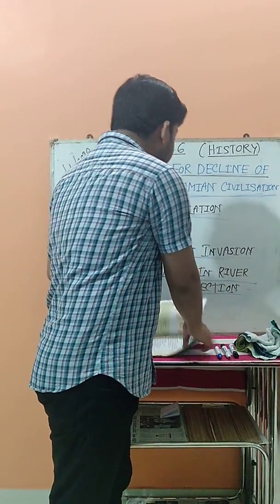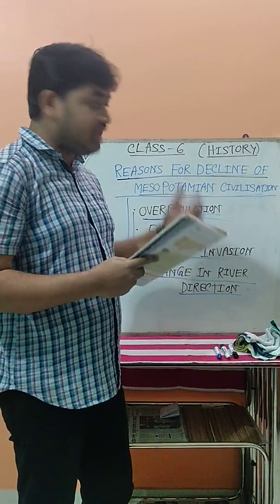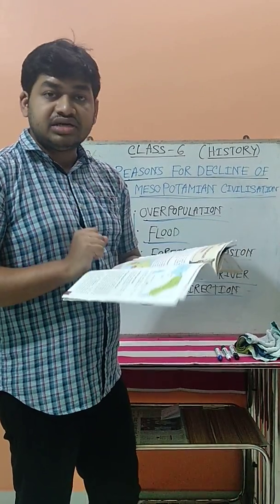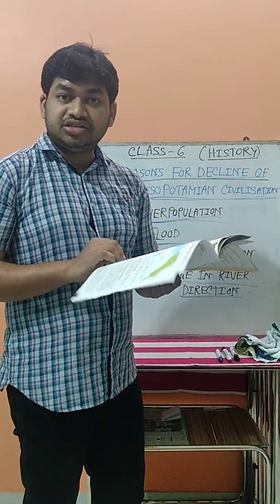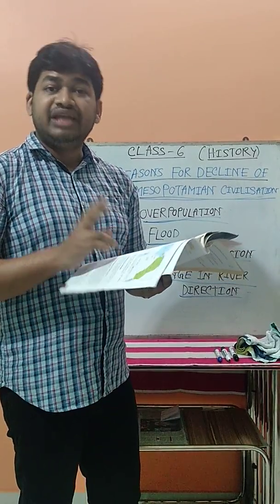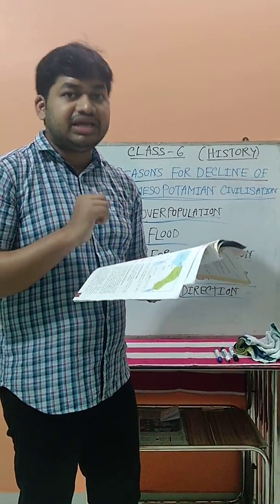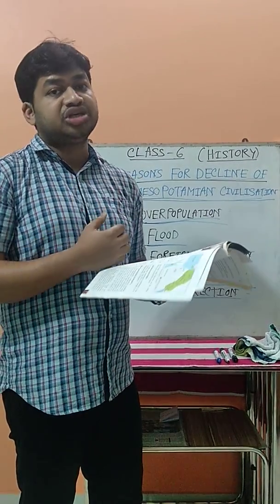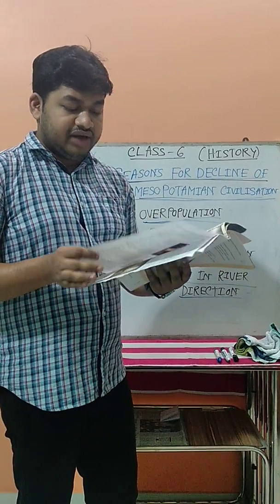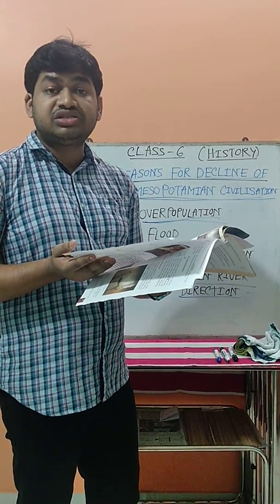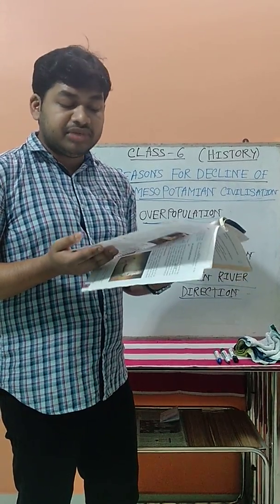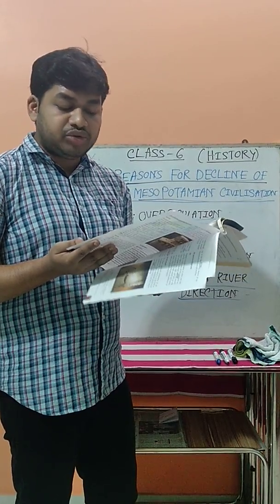Now I hope you learn all these 4 points properly, and the others are the inside questions I already gave from this chapter. You have to learn questions like: what is the Chalcolithic age, what is the Bronze age, what is the definition of civilization, what is the difference between the Chalcolithic and the Bronze age, what are the features of civilization, why are all civilizations grown beside rivers, and in which time did the Mesopotamian civilization start to flourish beside both rivers, Euphrates and Tigris. Why is the Mesopotamian civilization also known as the land between two rivers?